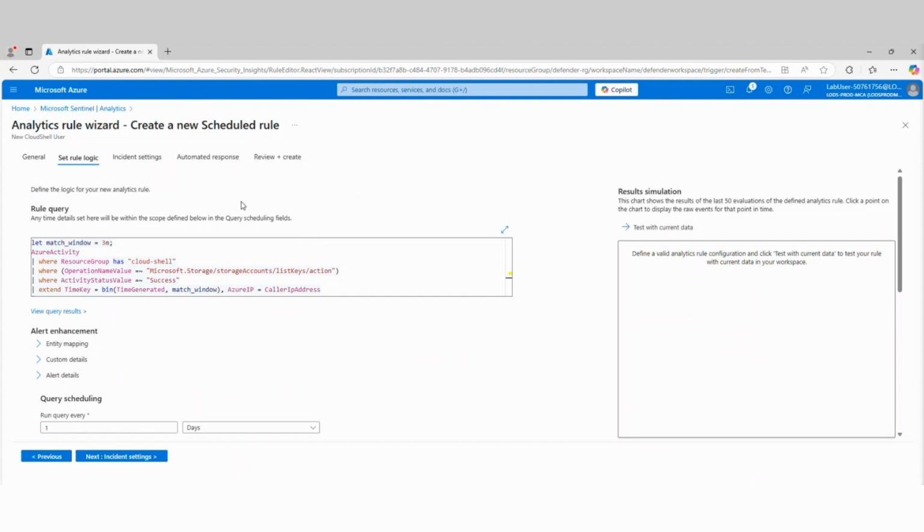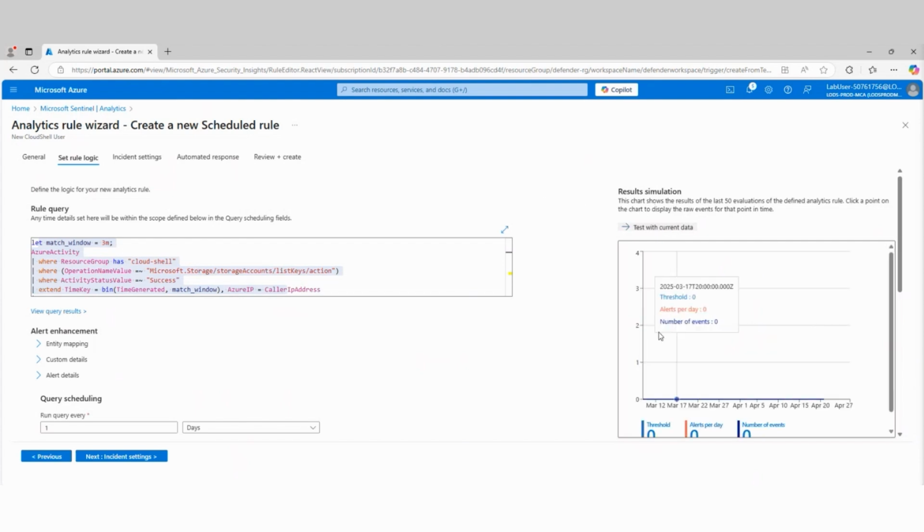At this point, we can do some testing. One of the worst things you can do is build a query and think it works, and then you run it, and a few days later, a week later, you have no data. So we give you the ability to build a query and then, over here on the right, test it. It'll test your query to see if there's anything. Right now we don't have anything, which is fine. But if you notice, I didn't get an error, and that's what I'm really looking for here: were there any errors?